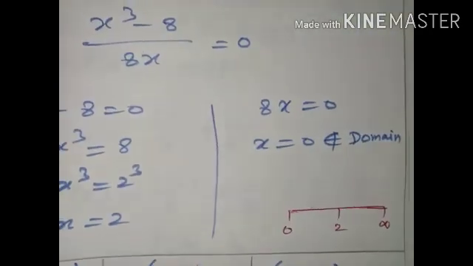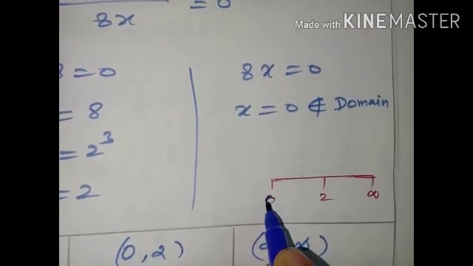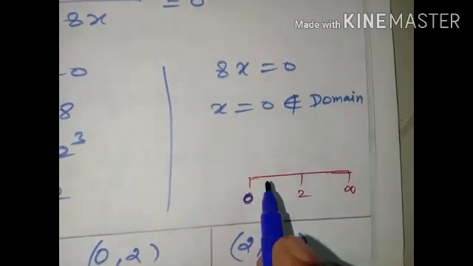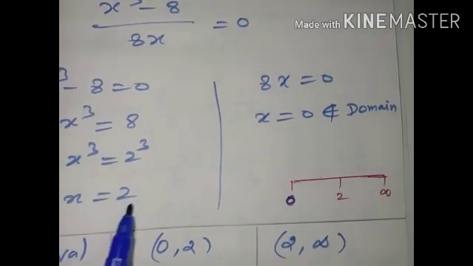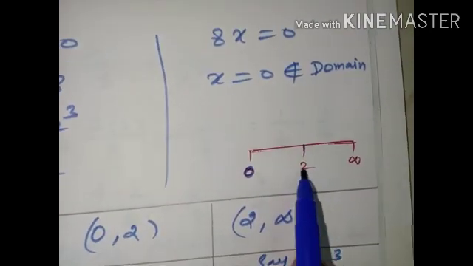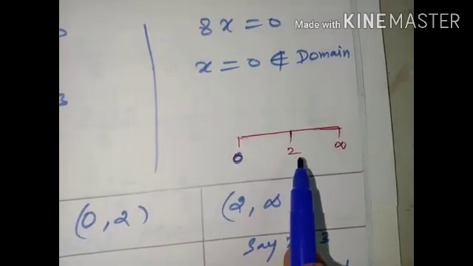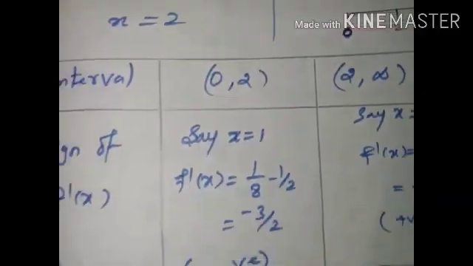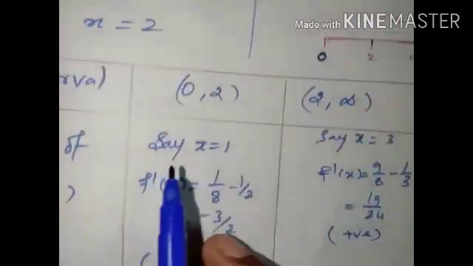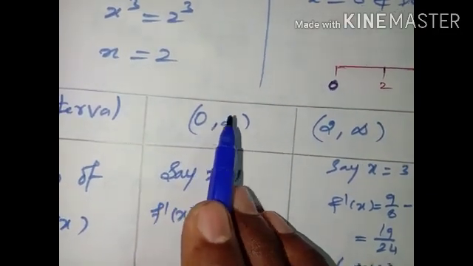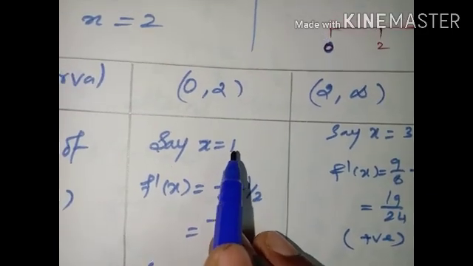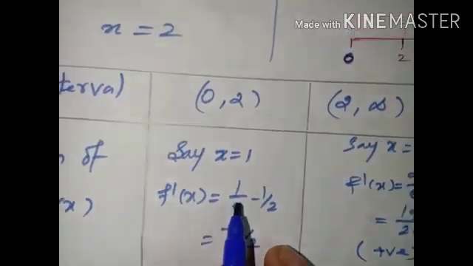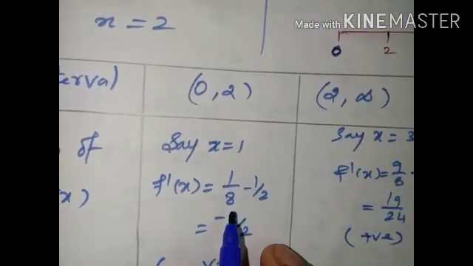So the domain is 0 to infinity. On the number line of 0 to infinity, with the point x equal to 2, we have the intervals 0 to 2 and 2 to infinity, and the sign of f dash of x. For 0 to 2, take any value, say x equal to 1. Substitute x equal to 1 in f dash of x equal to 1 cube divided by 8